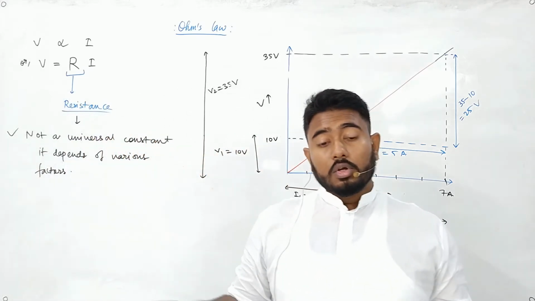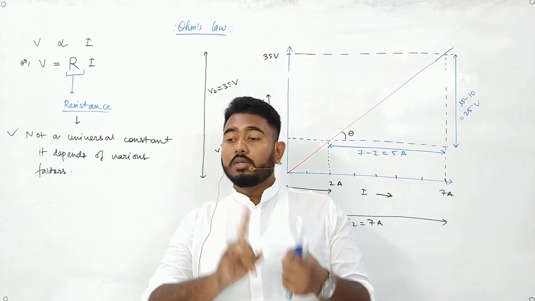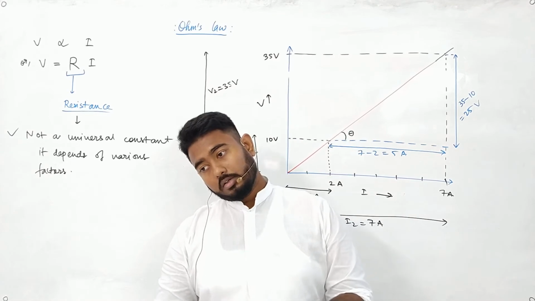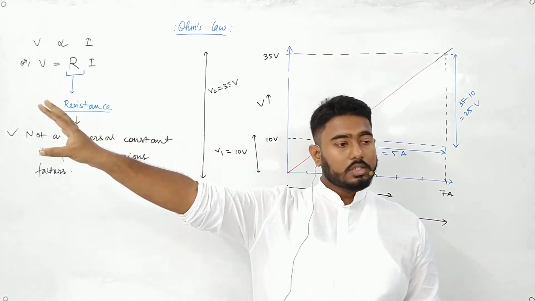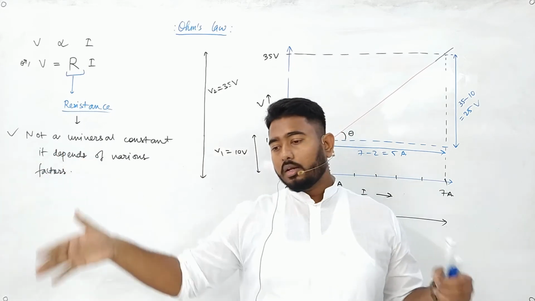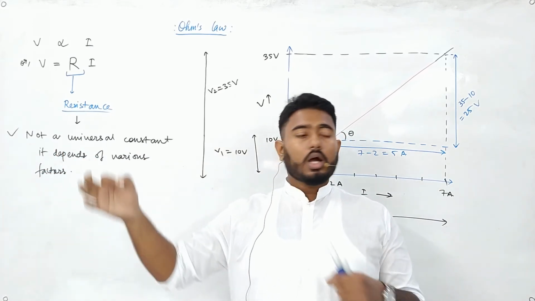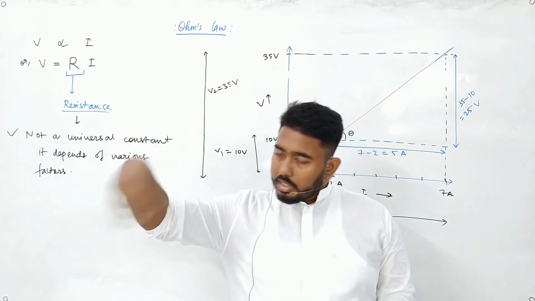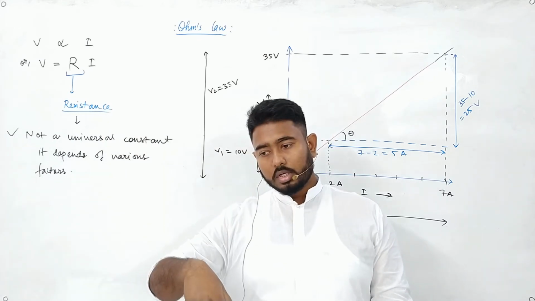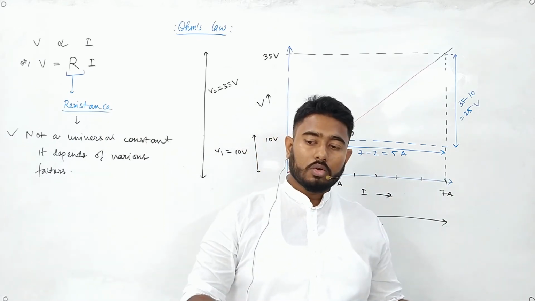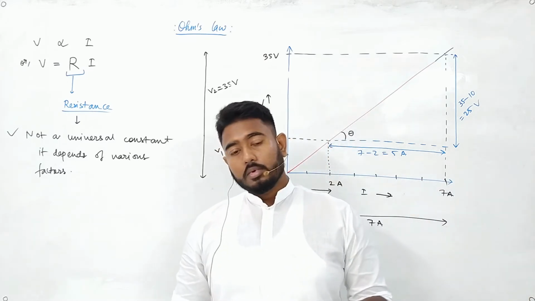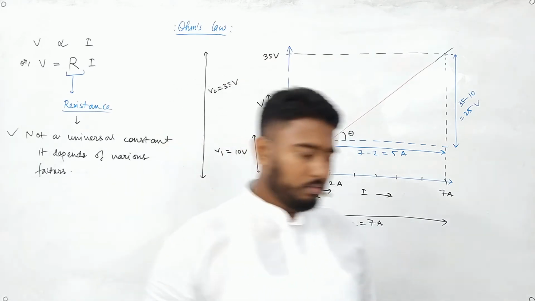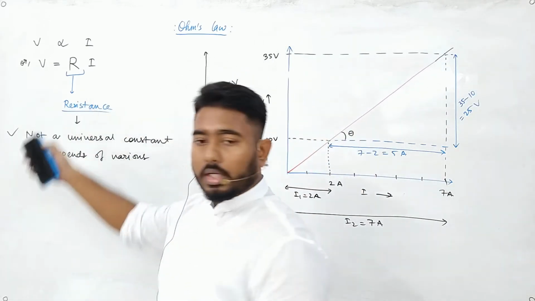But if the factor matches for any specific kind of metal, then the resistance will be constant for that metal. Suppose I provide 25 degrees Celsius to this much length of wire of this area to a nichrome. Now if it has 2000 ohm as the resistance, same condition, same length, same dimension of a different nichrome will have the same resistance. Is the concept clear? Okay, we'll get into it one by one. So did we get this thing?